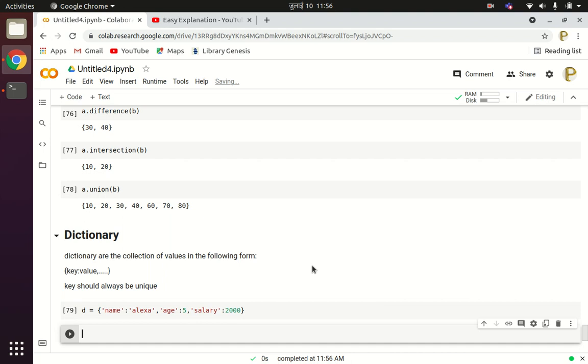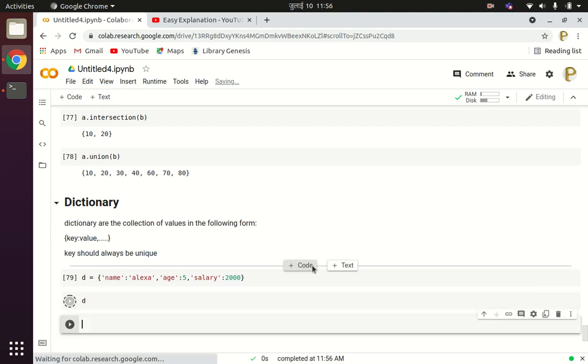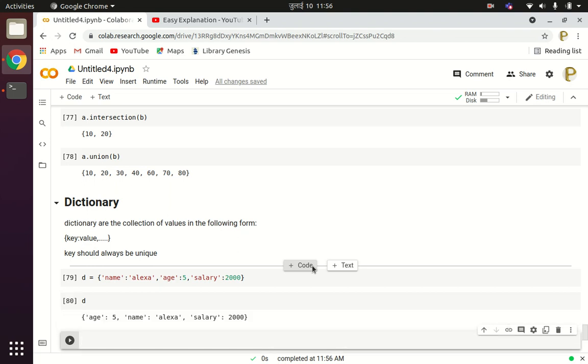When we write D, it will print the values of dictionary D, and you can access the values by using the key.